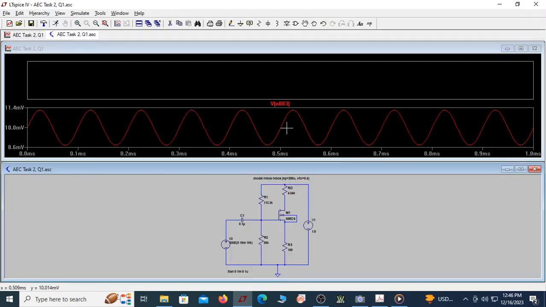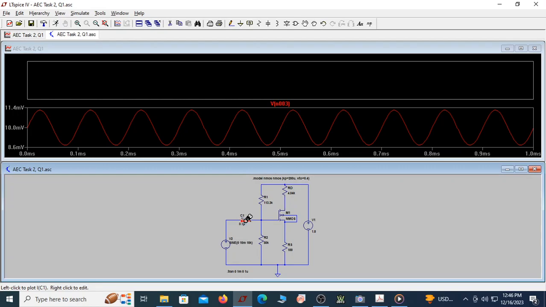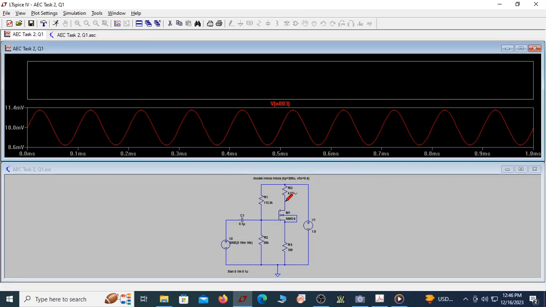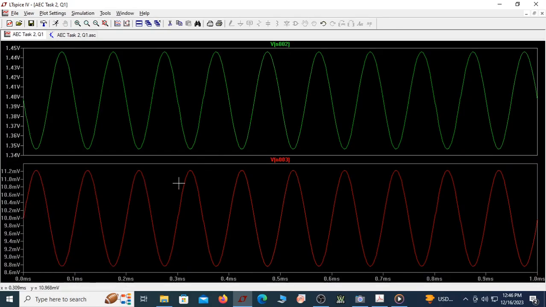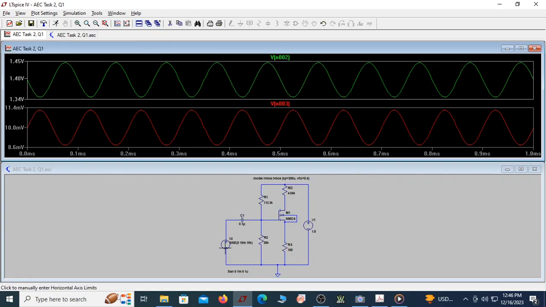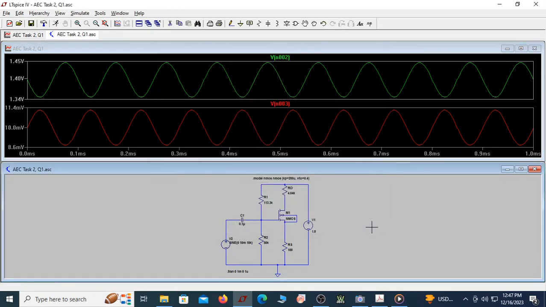Now let me run this. If I run, you can see this is my input, and let me see what the output is. If you actually measure the peak to peak of input, the peak to peak of output, let me just find. How much is W-bell? W-bell is 50, fine. So I'm looking for a gain of